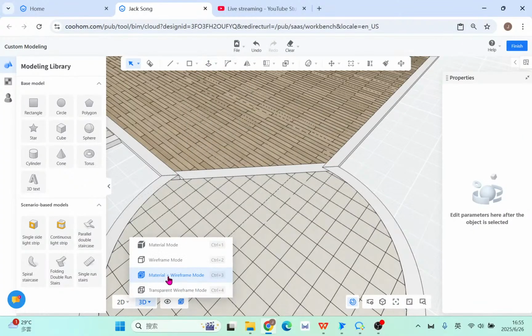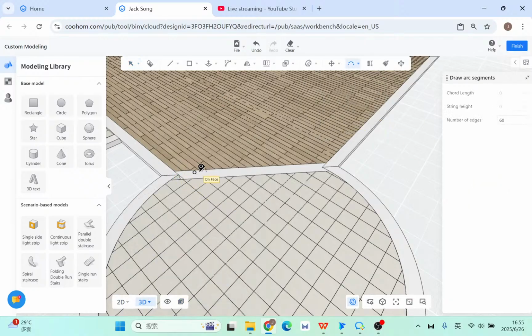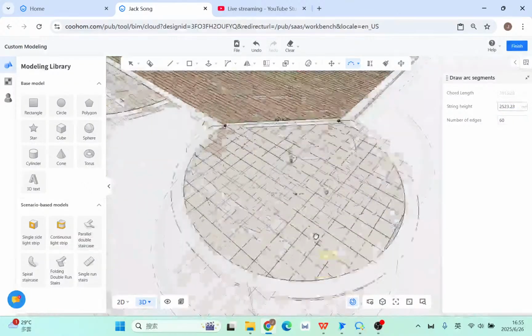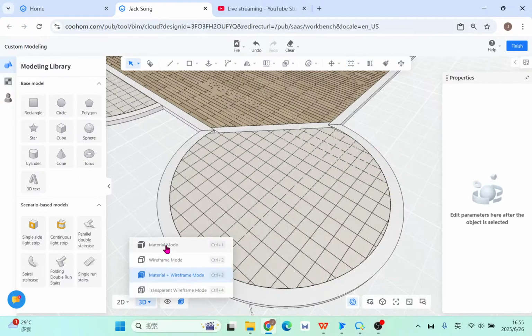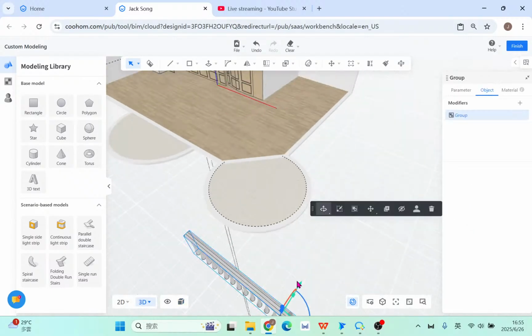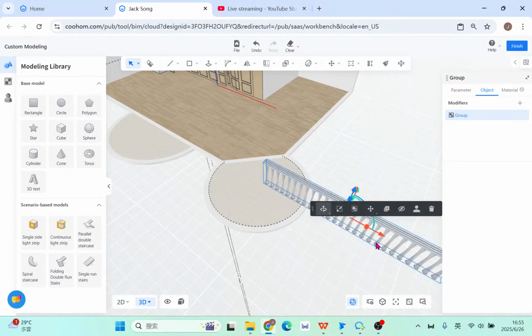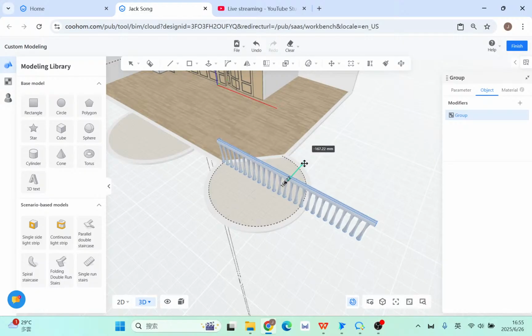Yeah, I need to have here the point to point. Here you can use the material plus wireframe to see the arc segment clearly. Just use the same point, okay? Same point to the same point, yes. And now move, okay? To make sure that you can fully cover the boundary. Turn it back. And now to put this component, the construction component, at the proper position,